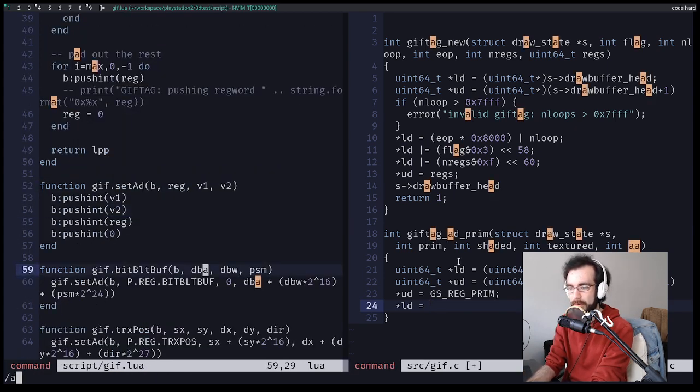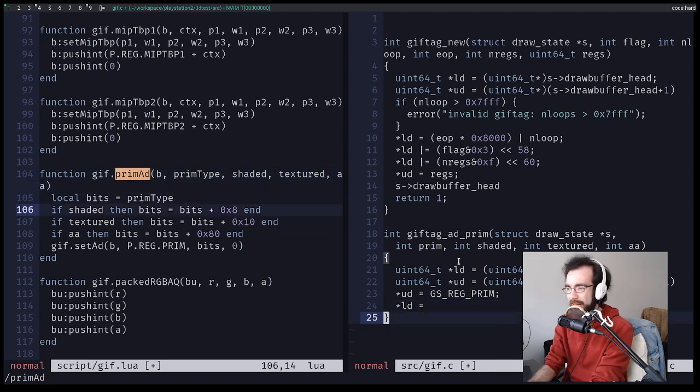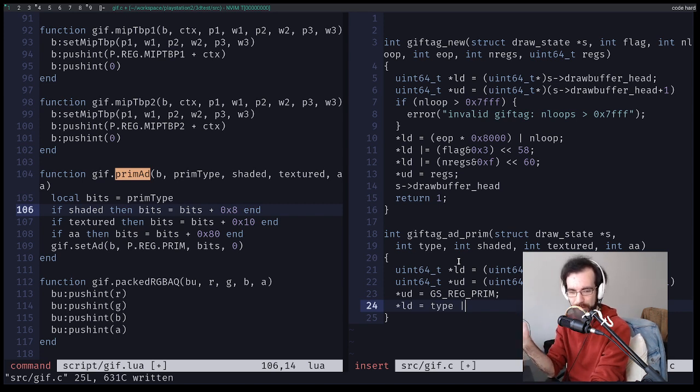80 prim. AD prim AD. So we say prim, or I guess type is a better name for this. The primitive type, right? But the register's called prim. We'll not call the primitive type prim because we're setting the prim register, and that is too much prim for one man to handle. So it's this, or